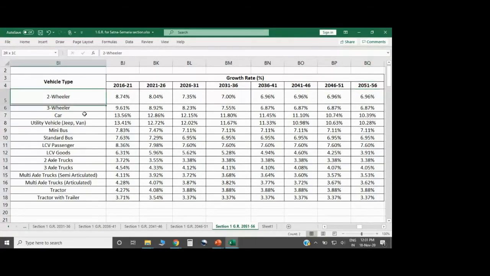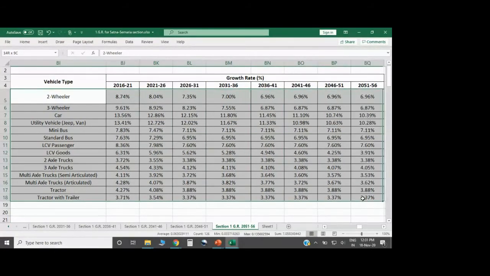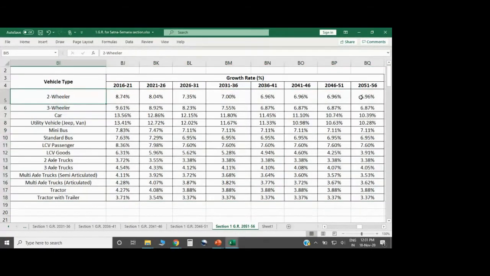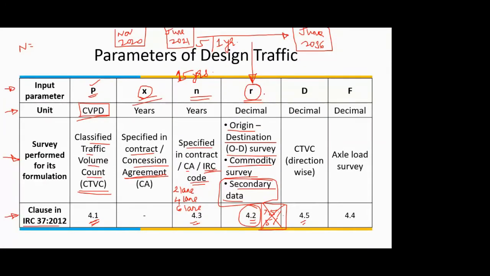And if you see, vehicle type wise, we had done the analysis of what the growth rate will be for two-wheelers, and what it will be for cars. So it's that complicated. That is what I was telling you, that though you will see that it's just a single term, to find that single term you need to have a lot of calculations in the background. So no, it's not as easy as it sounds. So that is this growth rate R. Now we'll see that also. I'll show you why you need a growth rate for each category of vehicle.